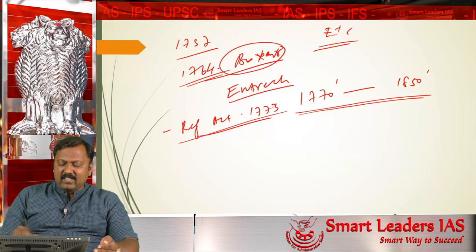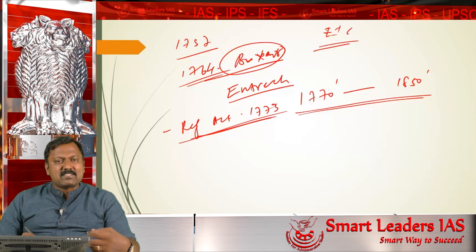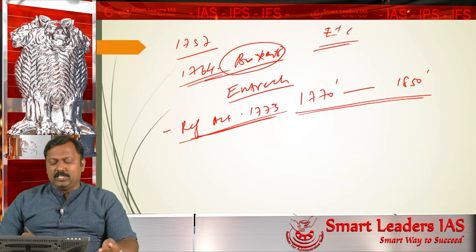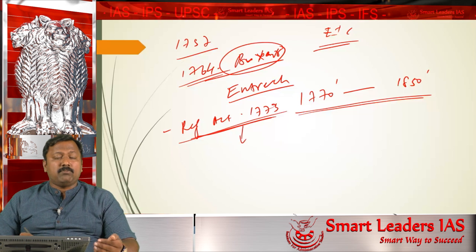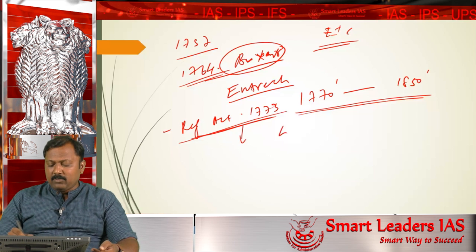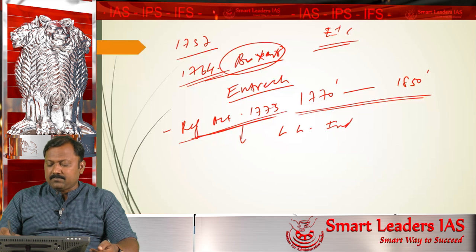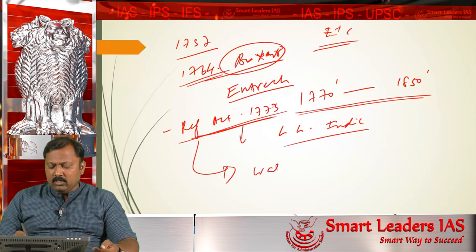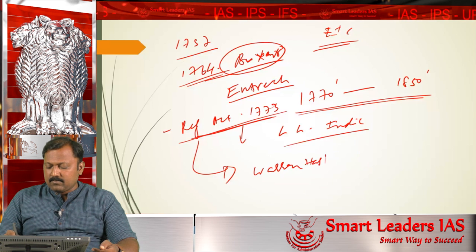So the Regulating Acts over a period of time created a system in India wherein the British would systematically rule India. By this Regulating Act, what became a normal process was the appointment of Governor Generals in India. The first Governor General to be appointed by the Regulating Act was Warren Hastings.